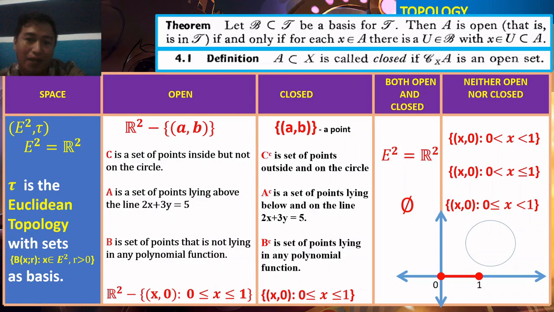Again, for our both open and closed sets, the R squared and empty set are both open and closed sets. So, wala na ako nag-ibutang class dyan sa open. Pwede ka pa nag-ibutang din ha. So, si empty set o si R squared kay open, habang siya sa closed set. Okay? And